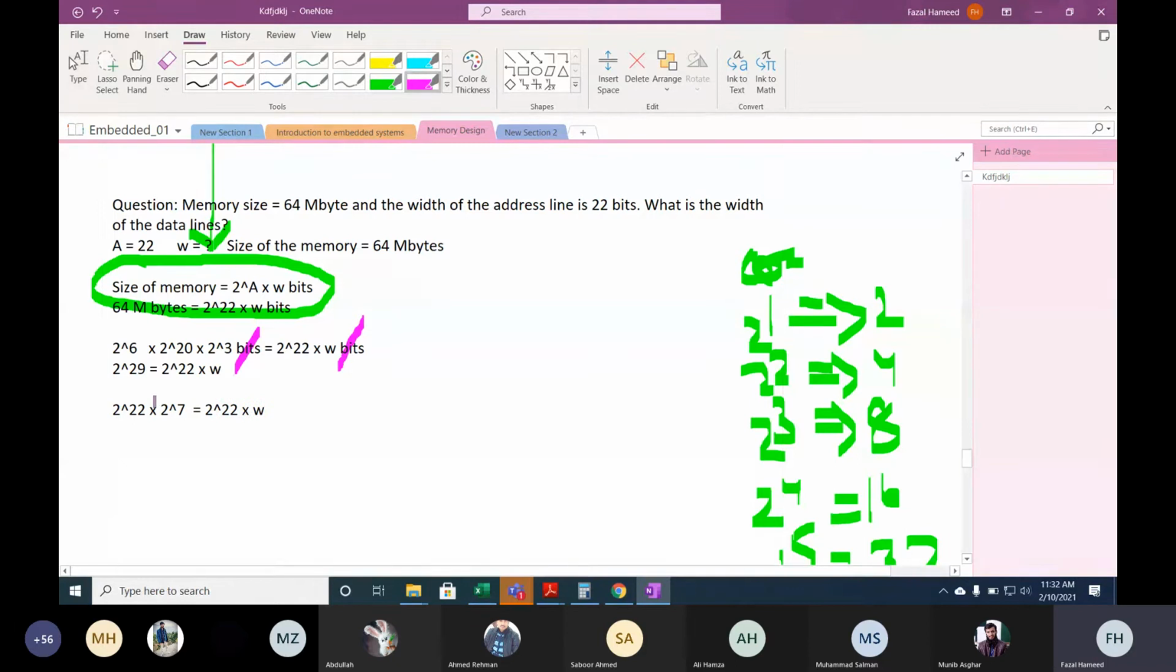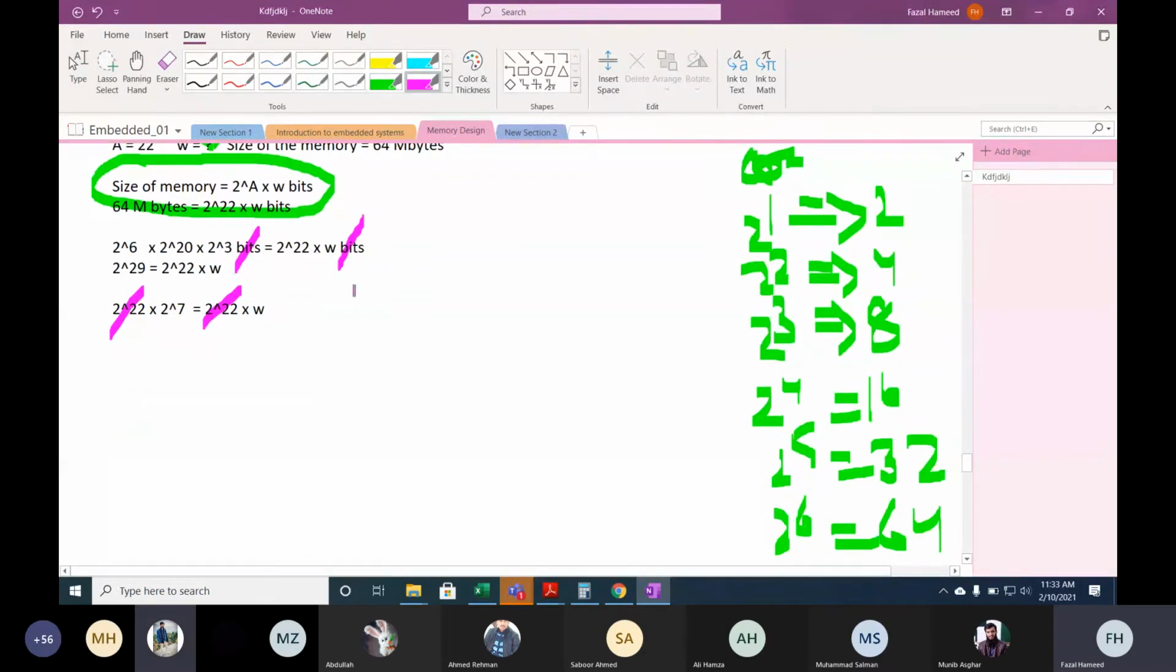So this will cancel out. These two will cancel out. And now what is W? 128. So W is equal to 128 bits. Now it's the size in bits. If we convert it into bytes, then